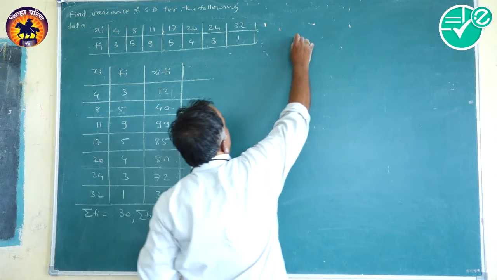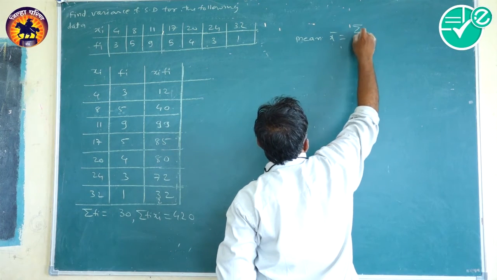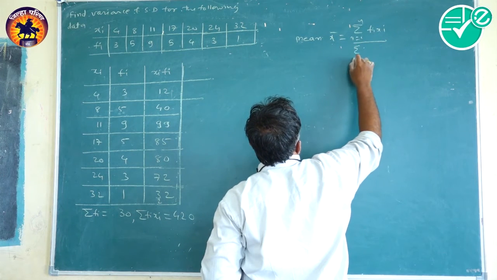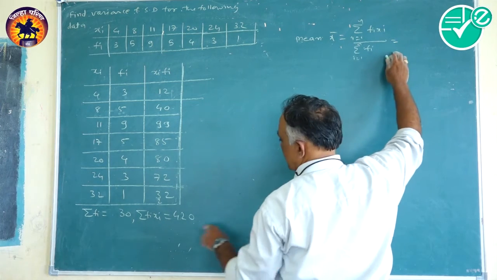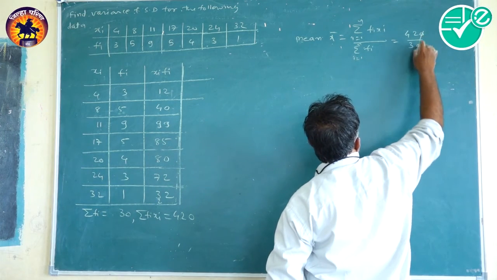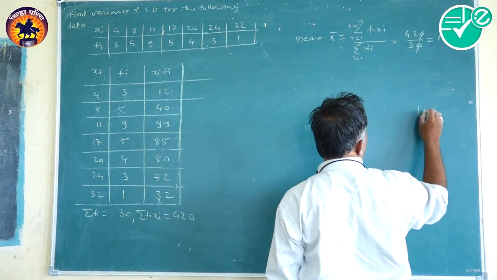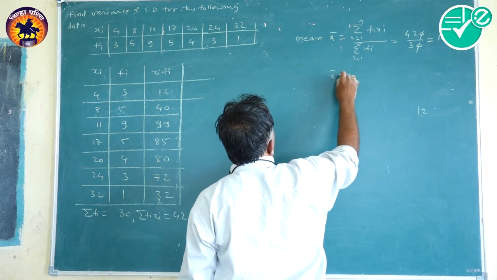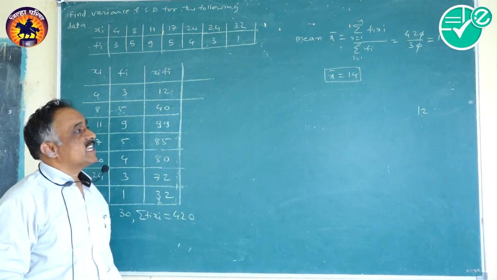And therefore the mean x bar is equal to, what is it? It is sigma i equal to 1 to n of fi xi divided by sigma i equal to 1 to n of fi, or that is capital N. So it is exactly equal to 420 divided by 30. 0 cancels with 0. 3 ones are 3 and therefore remain 1. So 3 4s are 12. So mean x bar is exactly equal to 14.